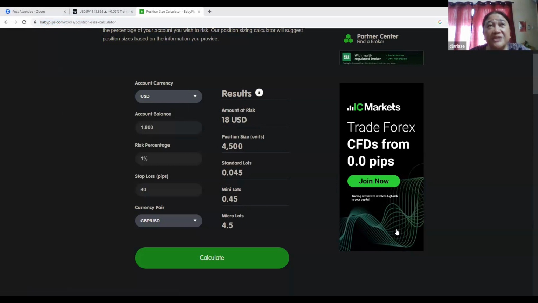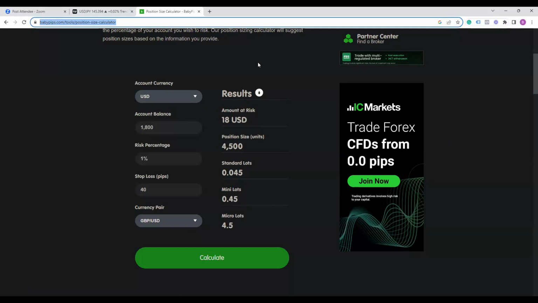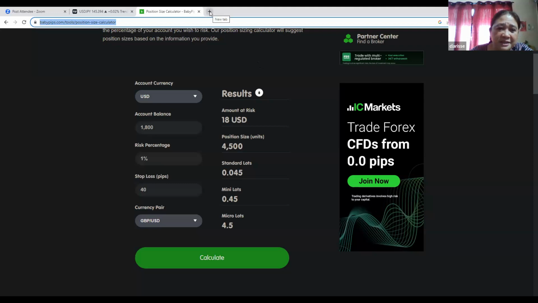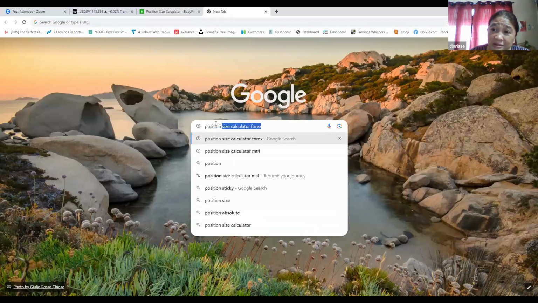This is another question. Say I entered the brokers at Fusion. I have $1,000 there. Because you said account currency and account balance, do I have to put all that $1,000 account balance with Fusion?